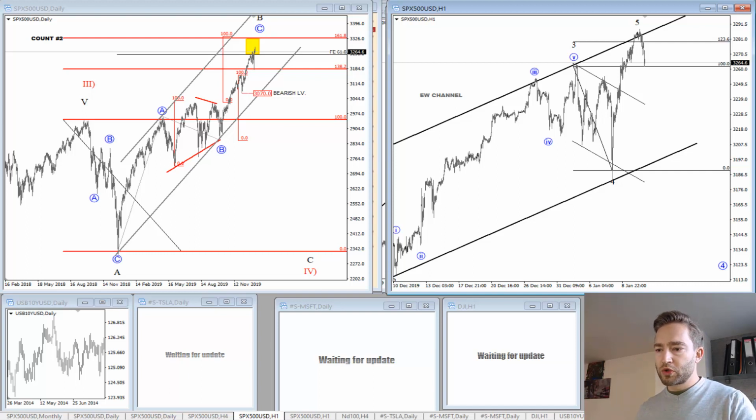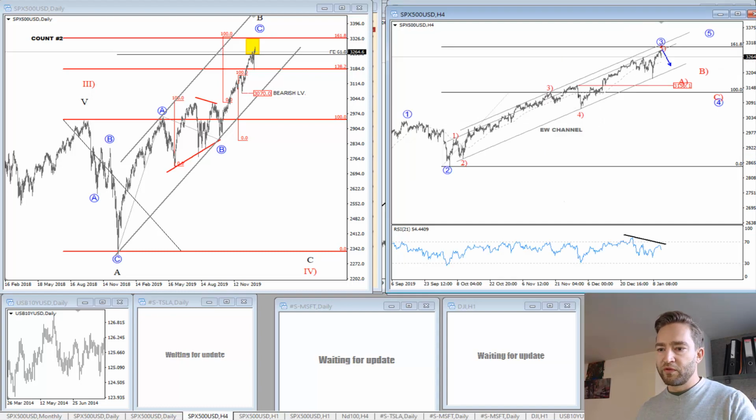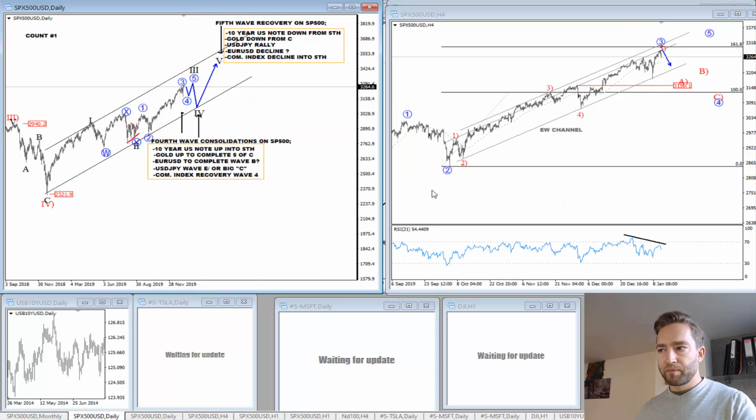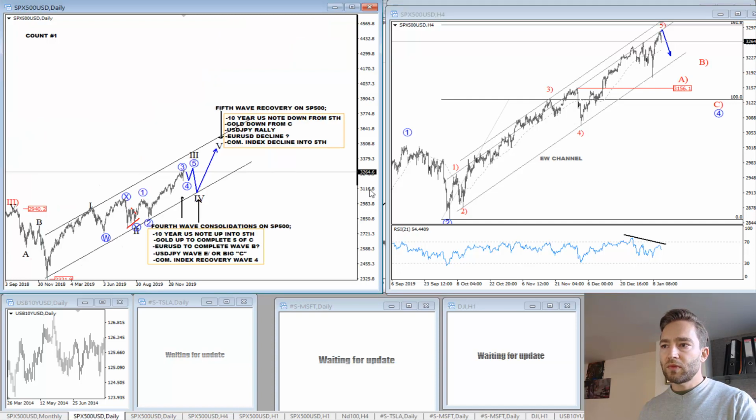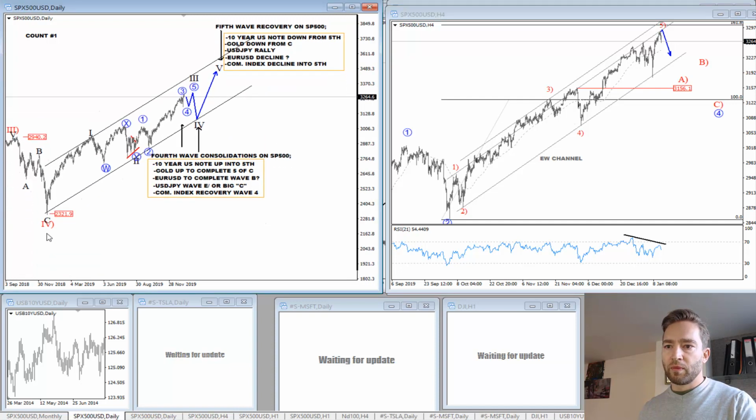Okay, on a 4-hour chart, I just showed you these 5 waves up for wave 3, and this is actually a wave count that belongs to this primary degree wave count on a daily chart, where I'm looking at this incomplete 5-wave cycle from that low. So here we are in a wave 1, 2, and still in the middle of a big wave 3, 4, 5, so much more upside could be seen based on this interpretation, as long as we are trading above